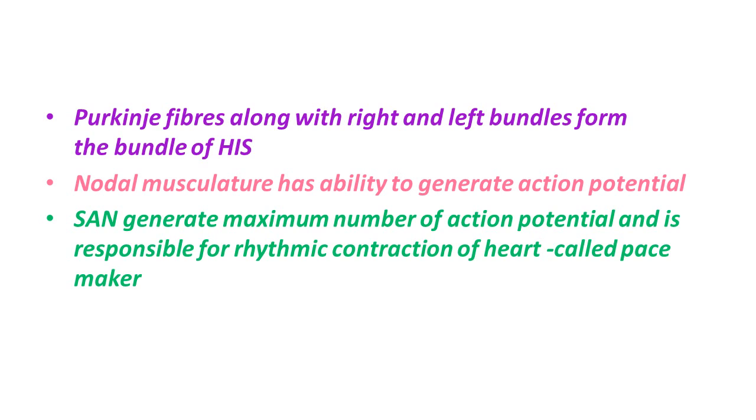Due to any abnormality in its function in the human body, an artificial pacemaker is also installed. It can work like the natural pacemaker SAN, and it has a lithium battery to generate this type of action potential. So now we can easily understand the human circulatory system and the main organ, the heart in humans, and its structure and function.